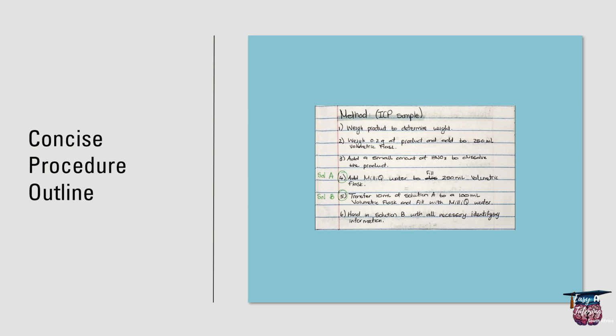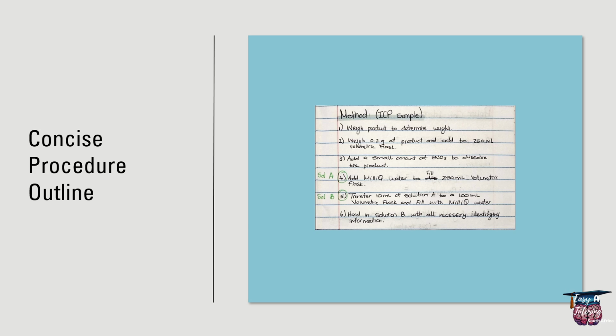Now, a very important tip that I can give you here is to leave some space when you write out these methods, because sometimes when you get into the lab, your demonstrator or lab manager can give you some tips on how to speed up the reaction, or how to be done quicker, or typical pitfalls that students always fall into, and then you don't fall into that pitfall, and it helps you to get through the experiment